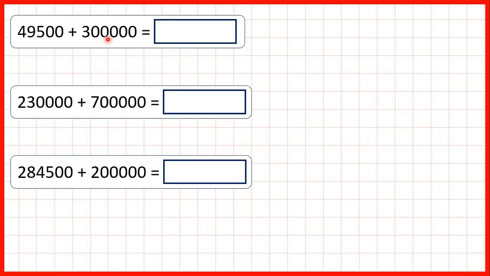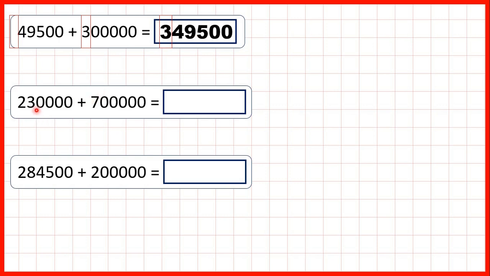Now we need to add a multiple of 100,000, so a number that ends in 5 zeros. First, we have 49,500 plus 300,000. So in this first number, we don't have a digit for our 100,000s. So all we need to do is write 3 in the 100,000s place and then leave all of our other digits the same. So our answer is